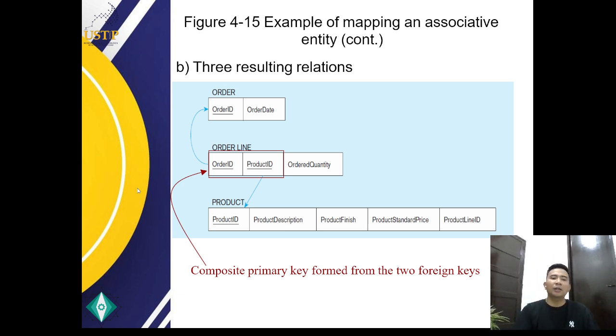The order line relation, which is the associative entity, has a composite primary key formed from the two foreign keys, order ID and product ID. This ensures that each unique combination of order and product is represented in the relation. The order line relation acts as an intermediary between the order and product entities, establishing a many-to-many relationship between them.